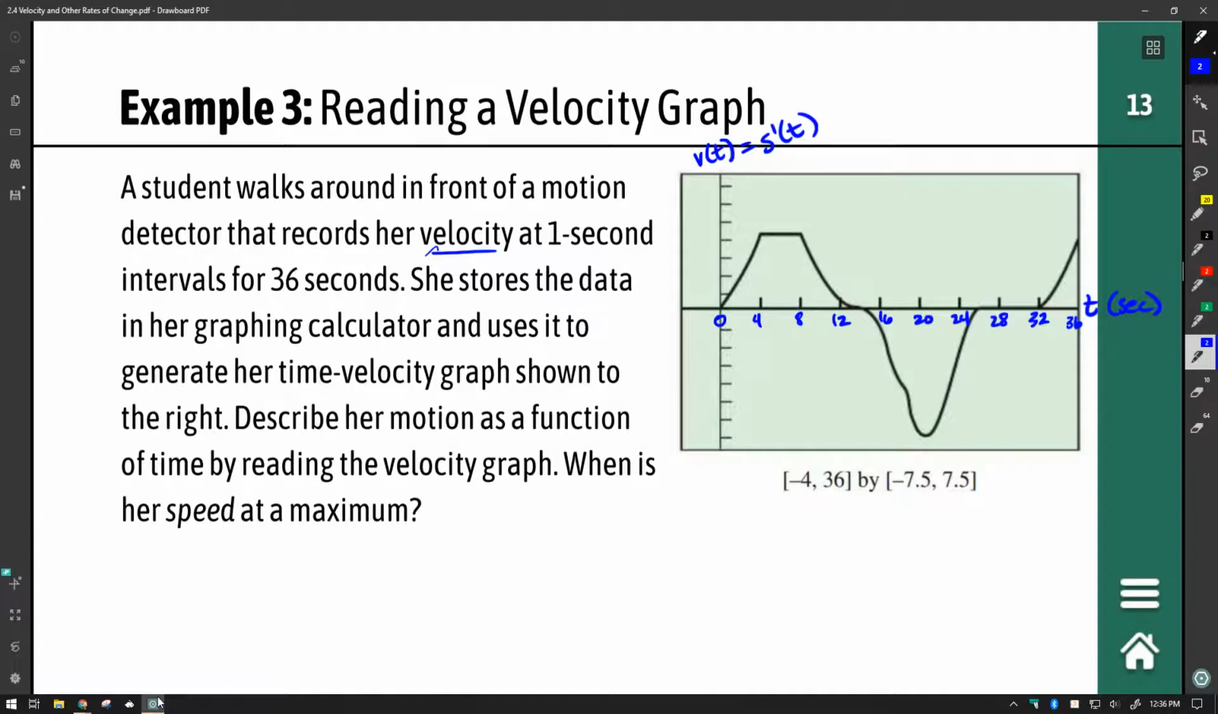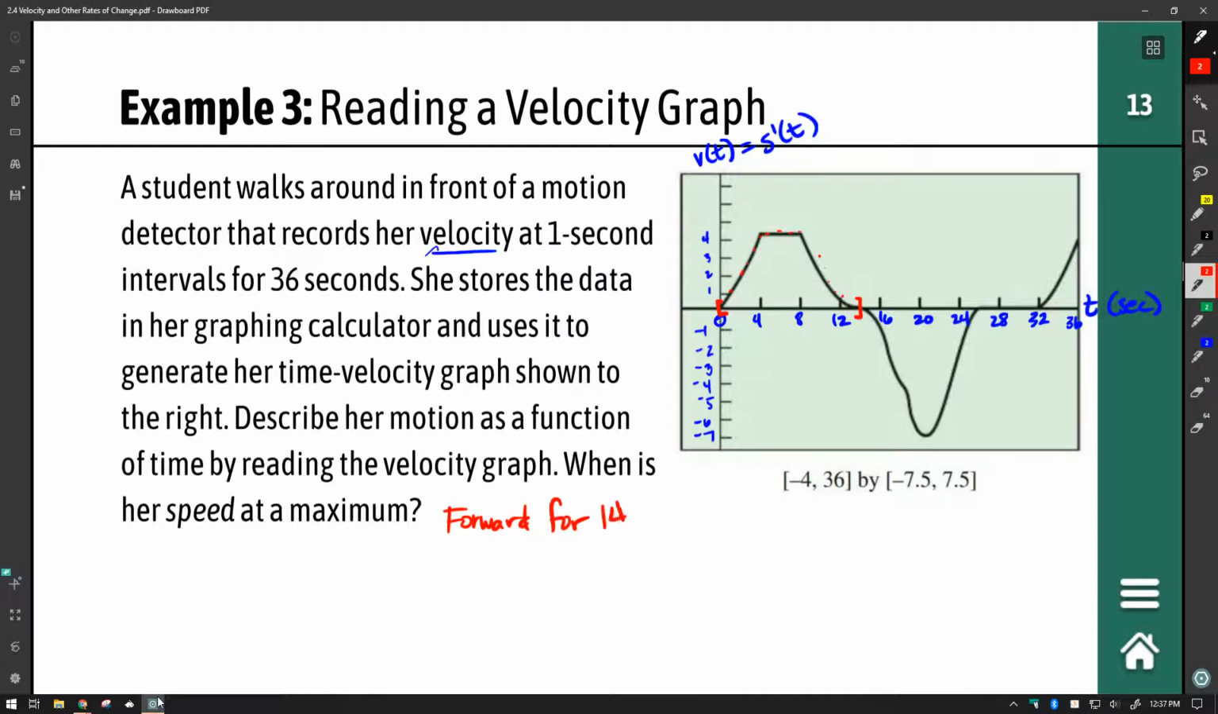Let's also take a look at the y-axis, or the v-axis, I guess, in this case. This graph goes from negative 7.5 to 7.5. And these are negative. Okay, so let's talk about the motion that she is moving. So from time 0 to time, it looks like about 14, the velocity values are all positive. If velocity is positive, we know the direction is forward. So what we can say is she moves forward